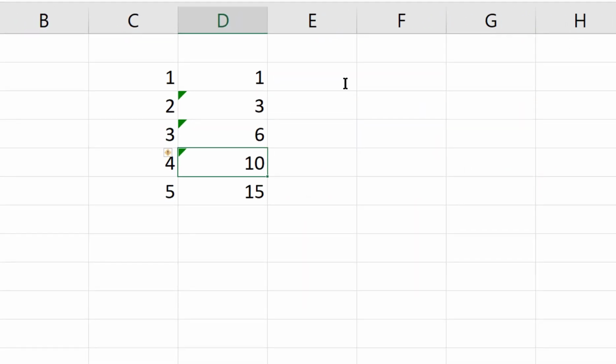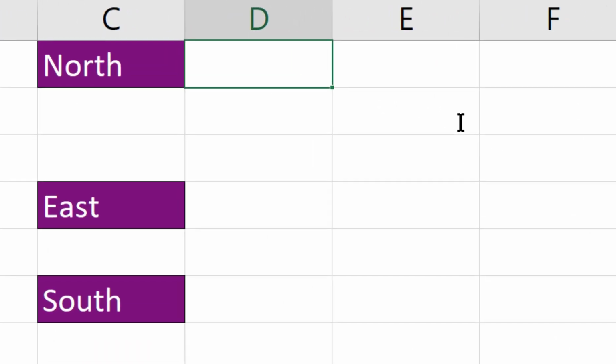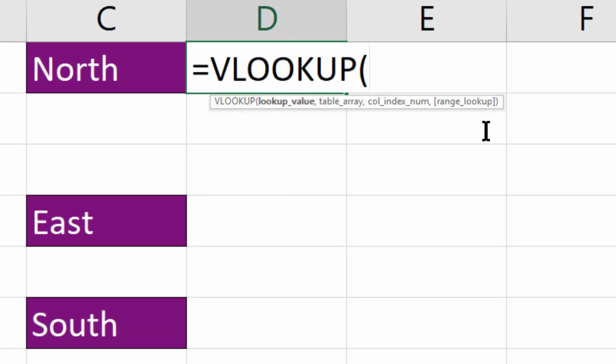Taking input from this concept, we will use a simple VLOOKUP function to fill the empty cells. Equal to VLOOKUP. For the lookup value, we are going to use the alphabet Z. The reason behind using Z is that it can search all 26 characters, as we are going with an approximate match, not the exact match. The range is an expandable range, so I'm going to select C1 to C1, comma.